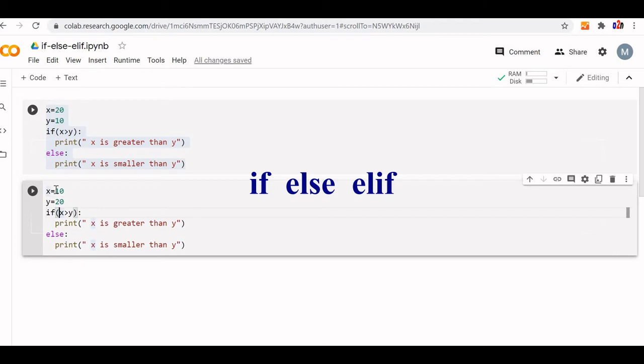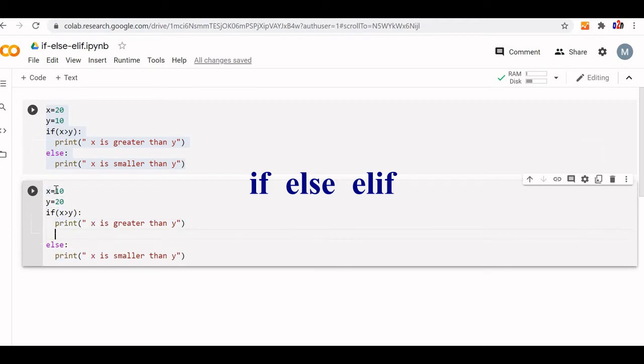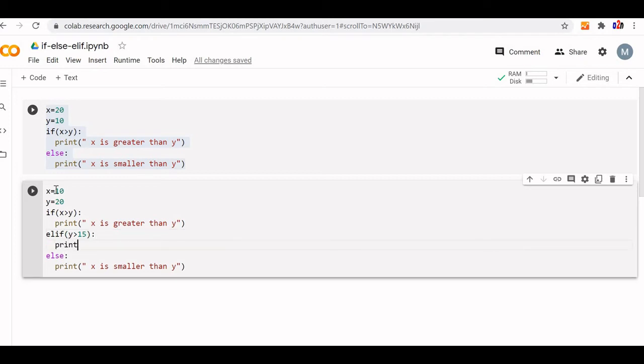If x is greater than y. Now here we will put one more, sorry, it is elif, then y is greater than 15. Now one more check we have introduced. Print, simply write it, "y is greater than 15."